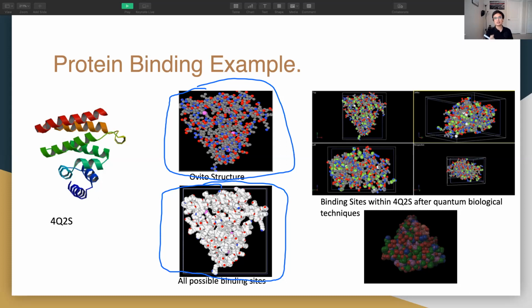I can run the optimization problem where I'll find only those binding sites which have the highest polarities or the highest affinities. If I run that, as you can see on the screen, all these green dots are the binding sites which have high affinities. As you can clearly see, it has reduced significantly from so many initial binding sites here to only a few binding sites here. Using this algorithm, we were able to reduce the binding sites from 2,231 to merely 105. And I'm currently working on improving this figure to 2 digits.